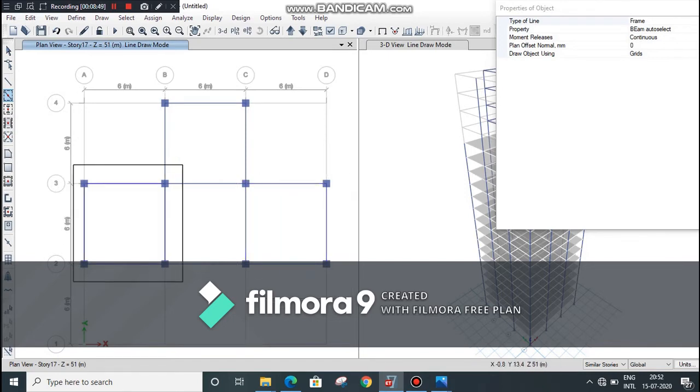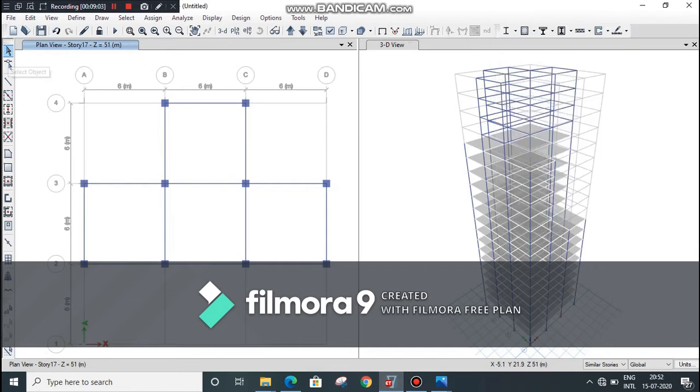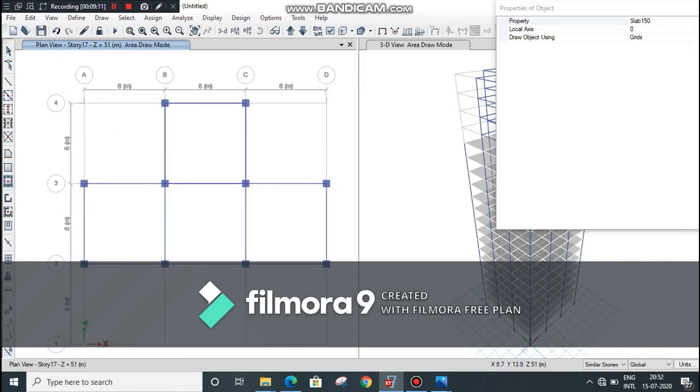Before assigning beams and columns, make sure that the properties which we have defined in the define menu should be selected. Press this arrow button to exit the function of the quick draw beam. Select quick draw floor wall option to assign the slab.